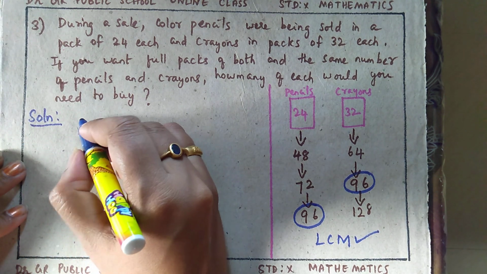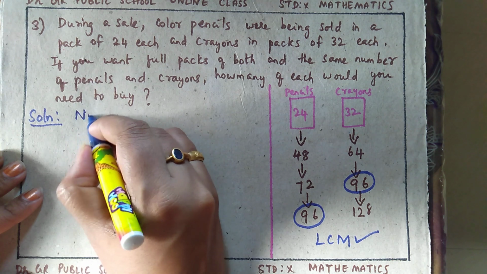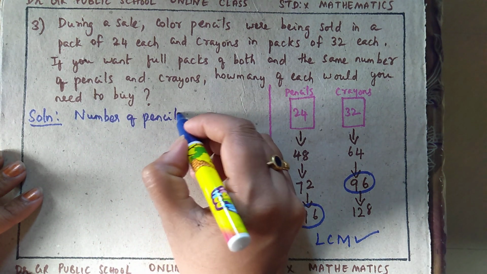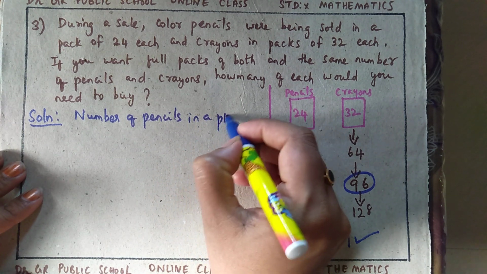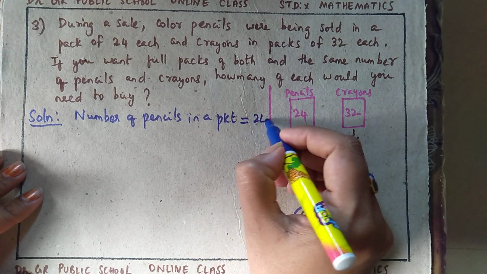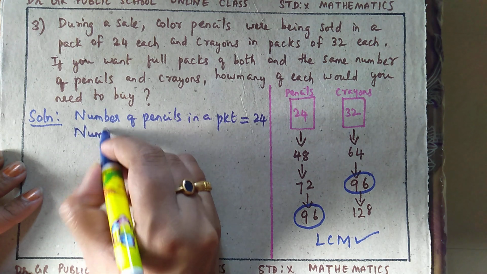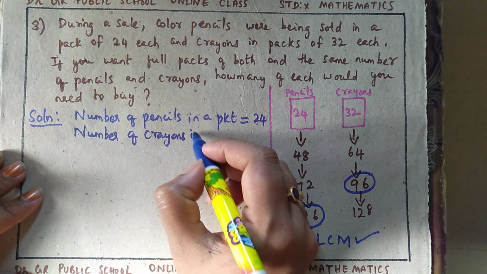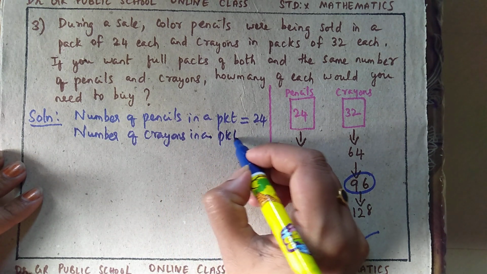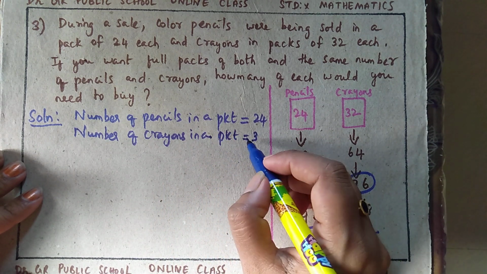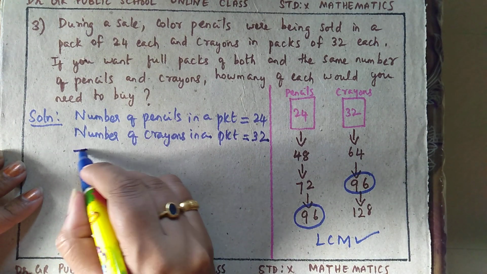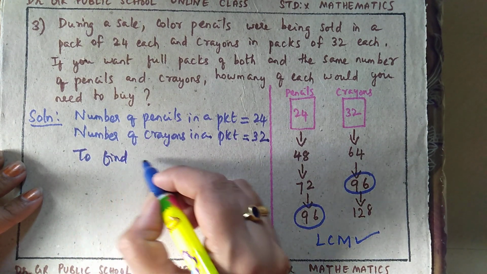So how to start the problem? Number of pencils in a packet equals 24. Number of crayons in a packet is 32. So to find LCM of